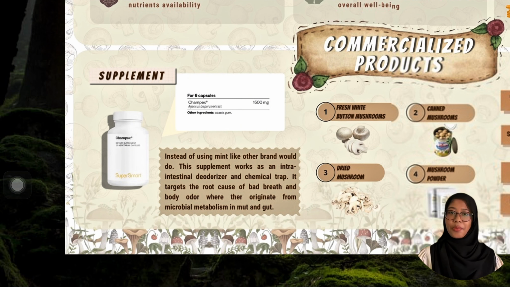Unlike traditional mints that merely mask odor, this extract targets the root cause of bad breath and body odor by directly addressing microbiome metabolism in the mouth and gut, utilizing a key ingredient as an additional